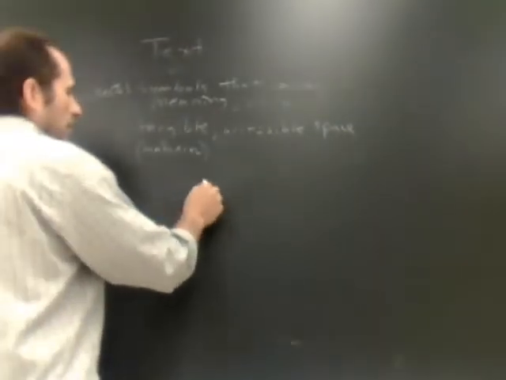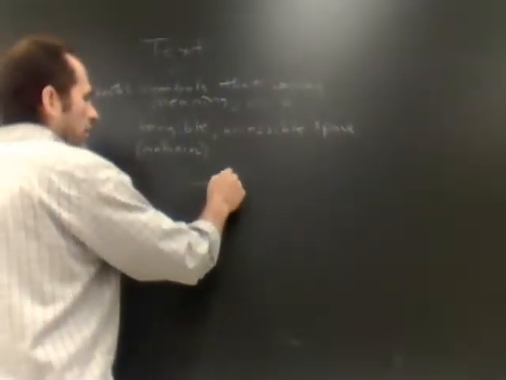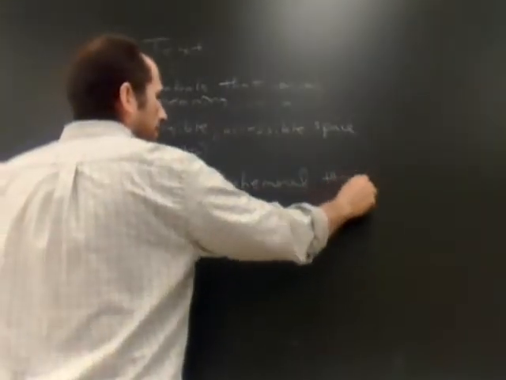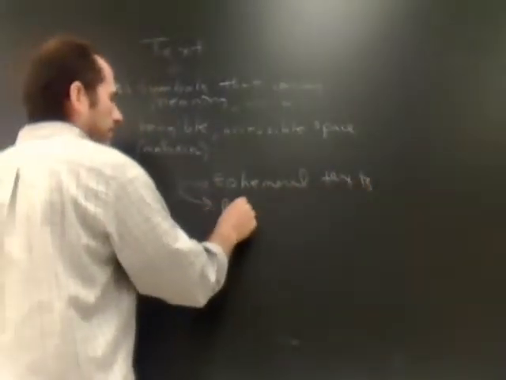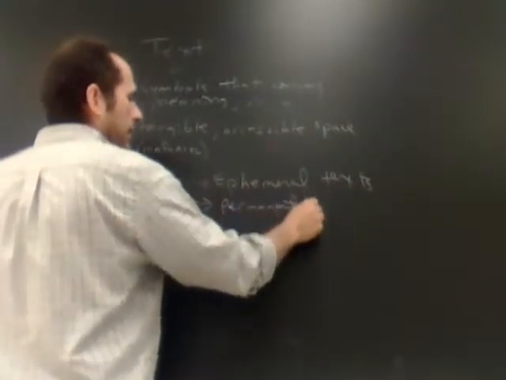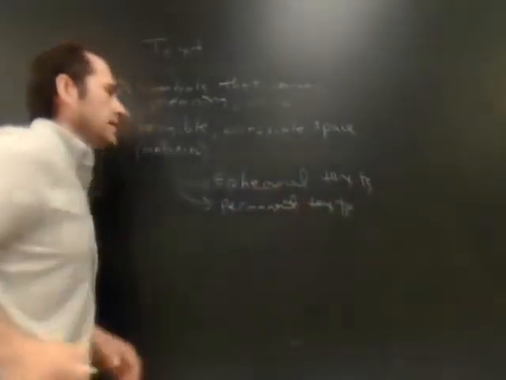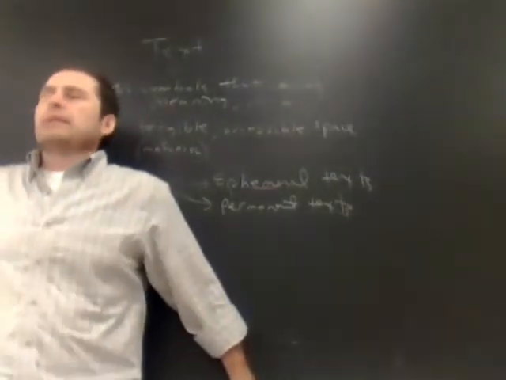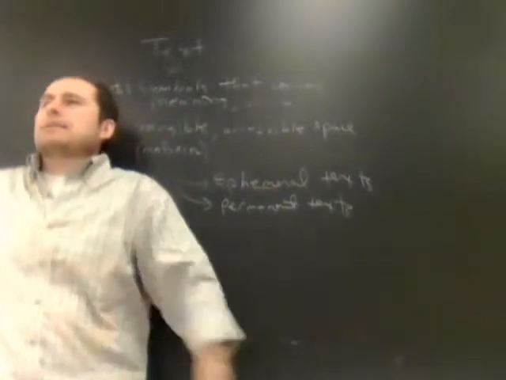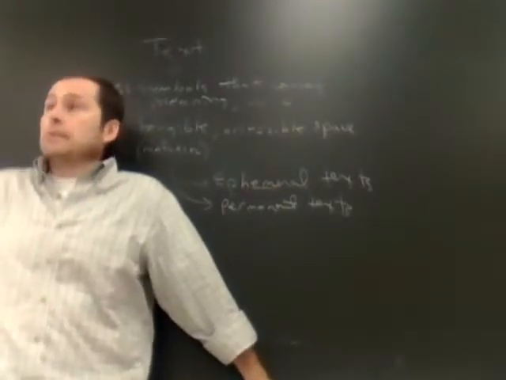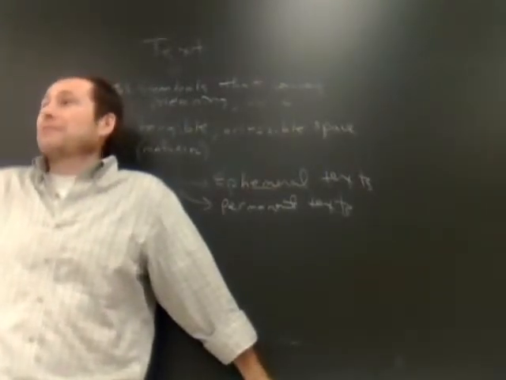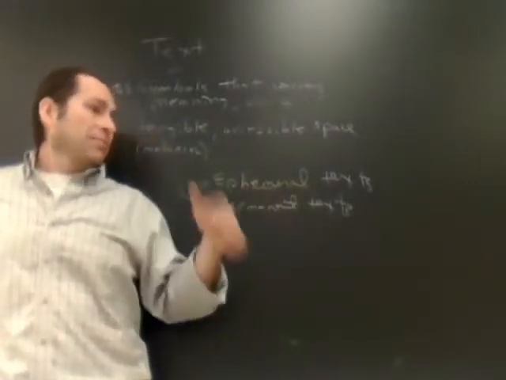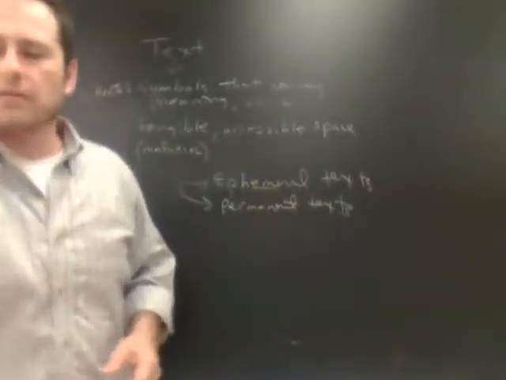First of all, there are ephemeral texts and there are permanent texts. Ephemeral means they exist just like that. Okay. And they disappear very quickly. So the smoke in the sky that says "Eat at Joe's," that is a text. It is. But it's going to be gone in 5 minutes, so it's ephemeral. It just disappears.